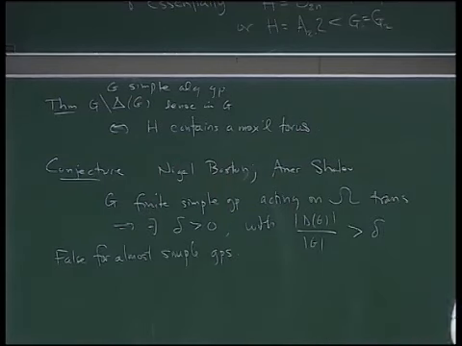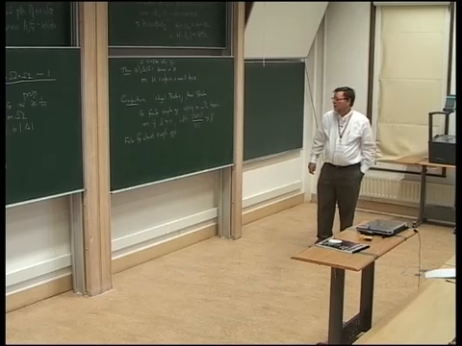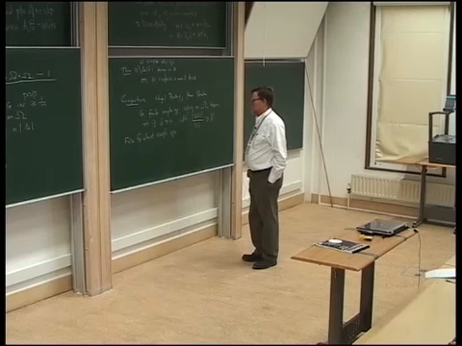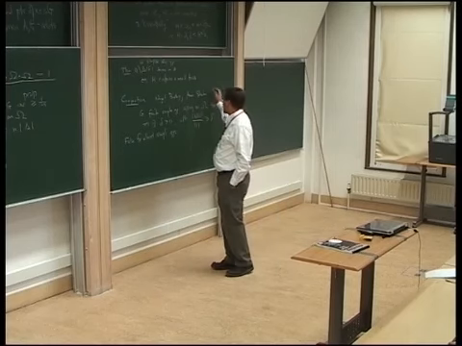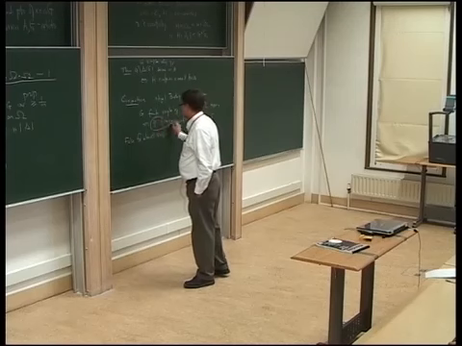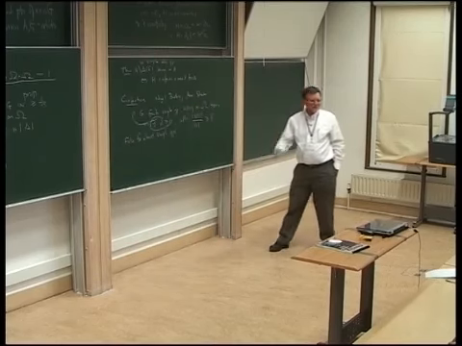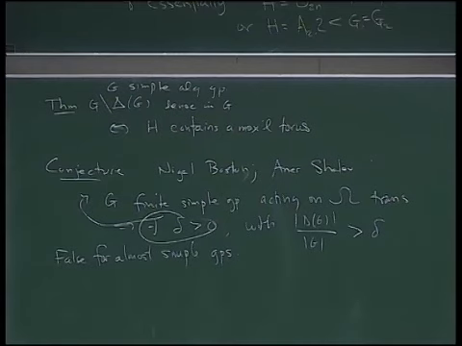One delta for each simple group. If it is in the wrong order, you want the delta first. Yes, right. There exists an absolute delta. The delta doesn't depend on G. There's an absolute delta. Okay.